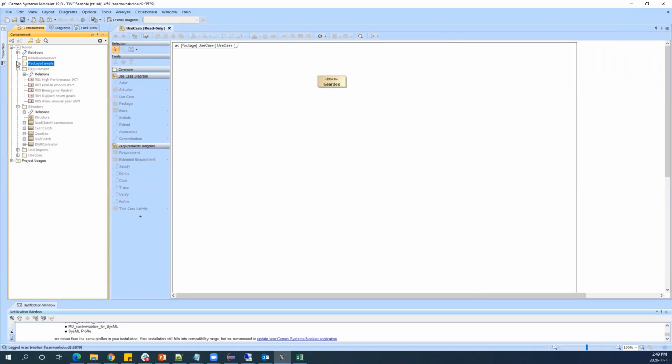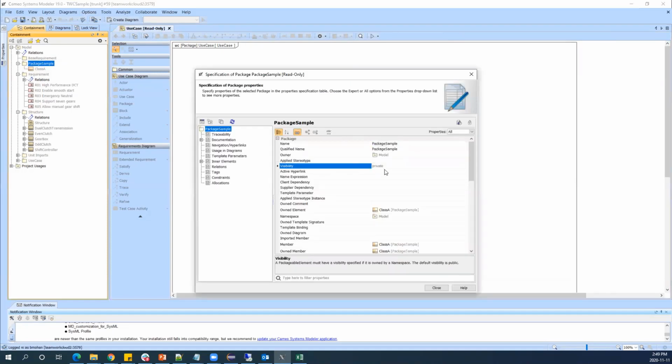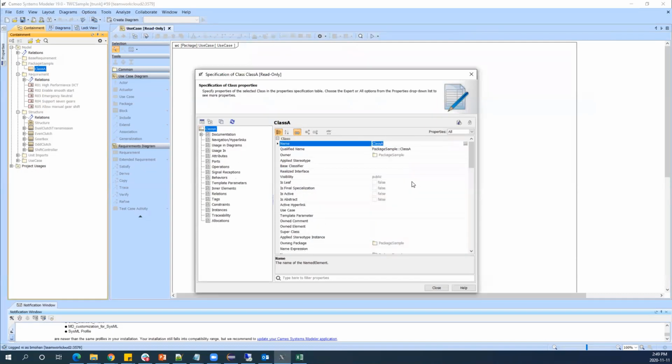And we can see the new package that was created, the visibility private we had, and the class A, the block, the class we created. And that's how you create a configuration file.